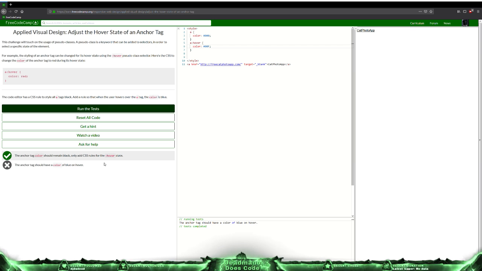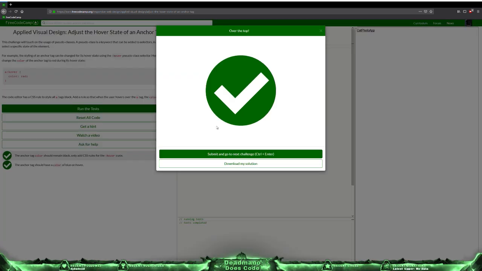Do I have an issue now? The anchor tag should have a color of blue on hover. What color is that then? Are they actually penalizing me because I used hex instead of using the text form? Are you serious now? I'm being penalized. That is blue. They don't want me to use hex. I need to specifically say blue. That's silly. That's something that should actually be changed. I should mention that, I'm going to make a note here to freeCodeCamp,